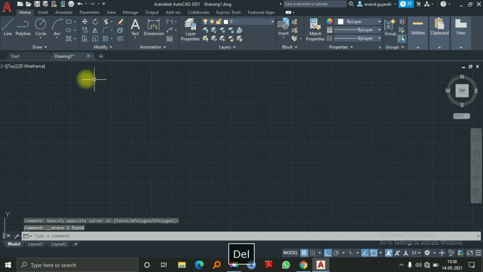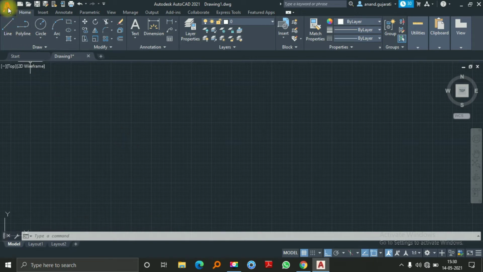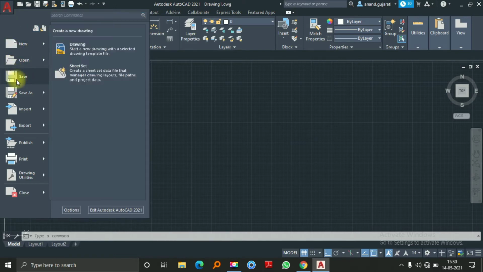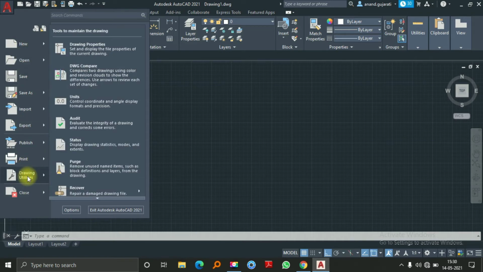I delete this. For specifying the unit, we have two ways. One, you can see there is an AutoCAD symbol here. When you go to this menu, you will find New, Open, Save As, and in this you will find Drawing Utilities.